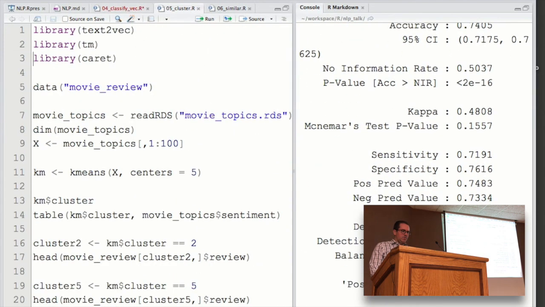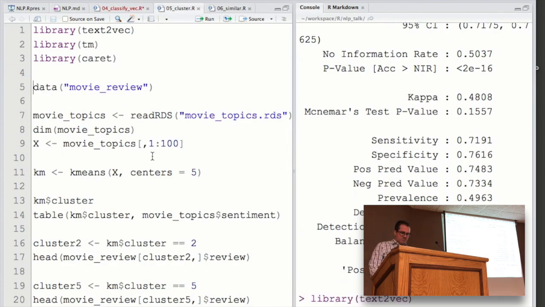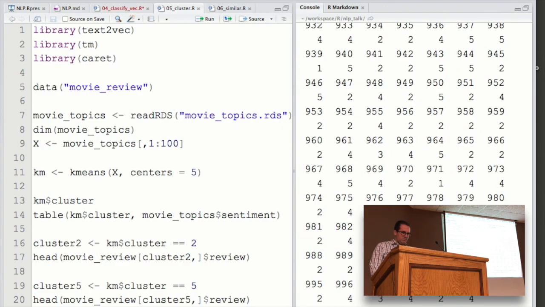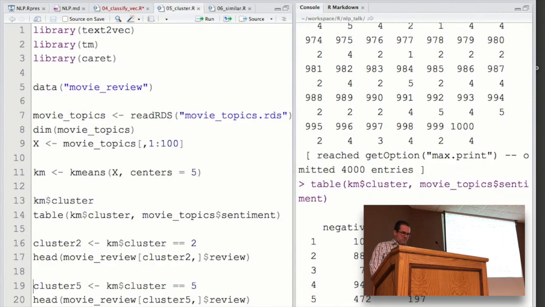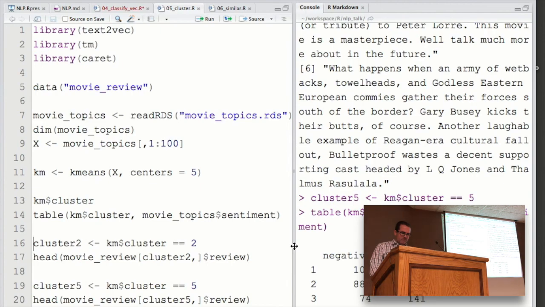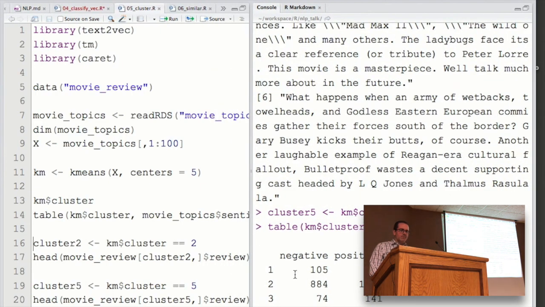But if I cluster on those, again, I'm going to cheat and just load it. So then I can put out a table. There's a crosstab with clusters down the left and sentiment here. And so you can look and see, okay, do I have a cluster like this where it's like 2 to 1, positive to negative?